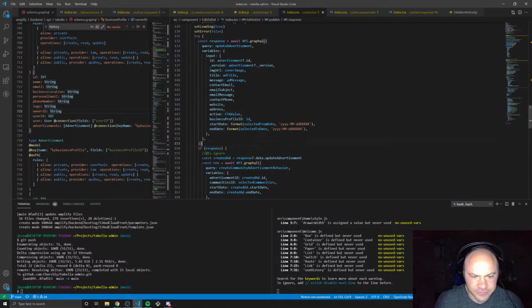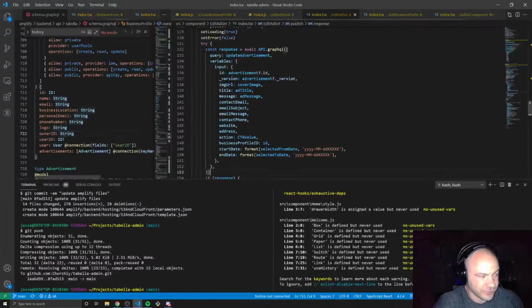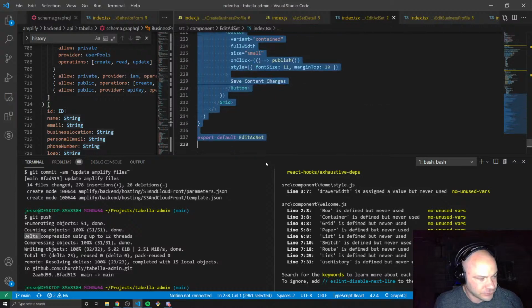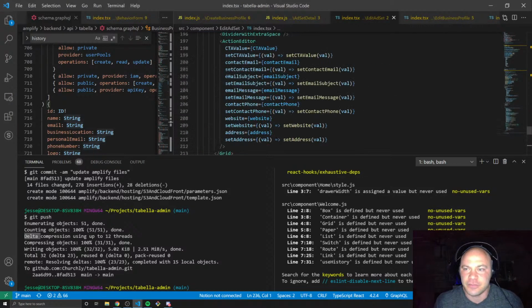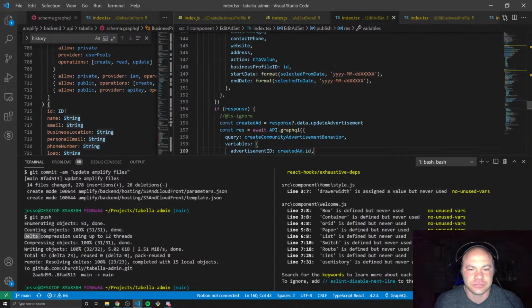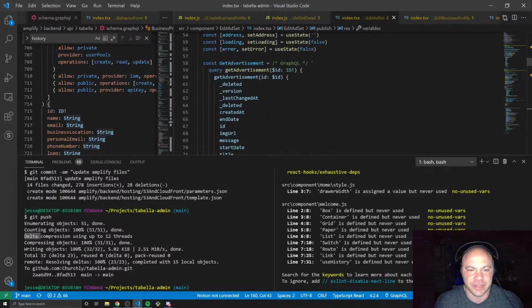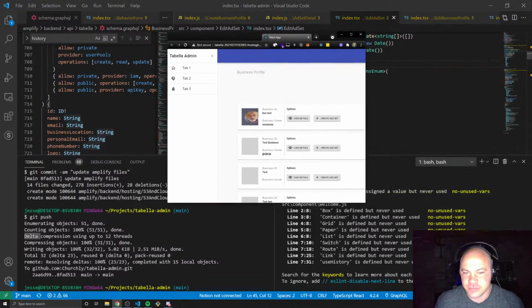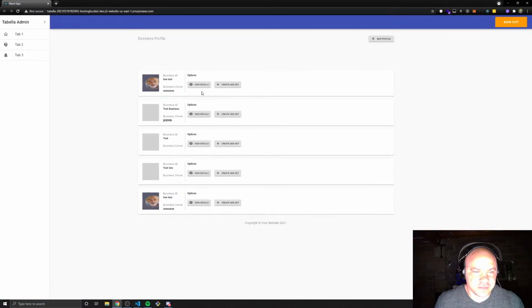But let's see. Let me make this bigger for you all. It's probably way too small. All right, that should be good. All right, so I'm in the edit screen. Let's get out of the edit screen and let's go to see where we want to put this delete button at. Let me pull over our project and let's see. I want to